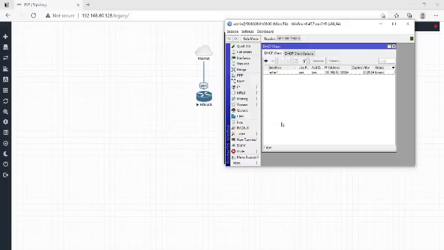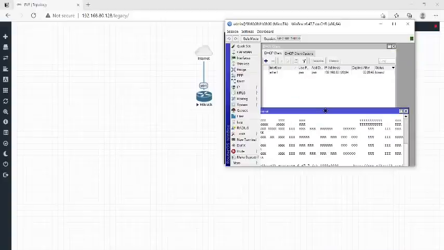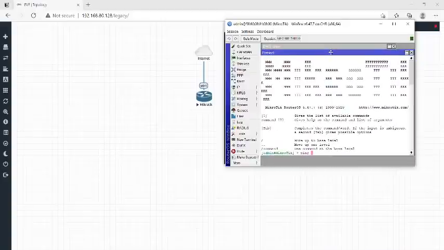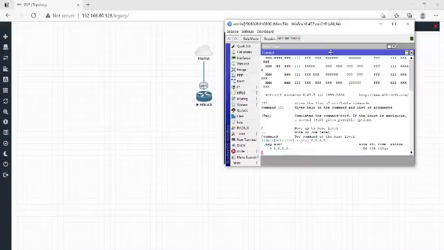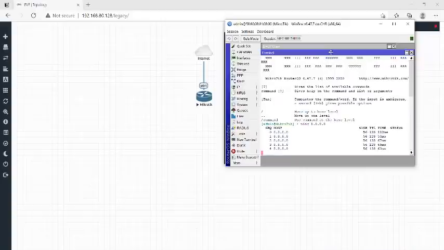192.168.80.129. And let me check that internet is working or not, because internet has connected to our MikroTik router board, and we got the IP address from the ISP router. Let me check the internet is working or not. I'm trying to ping the Google DNS 8.8.8.8, and it is getting internet completely.